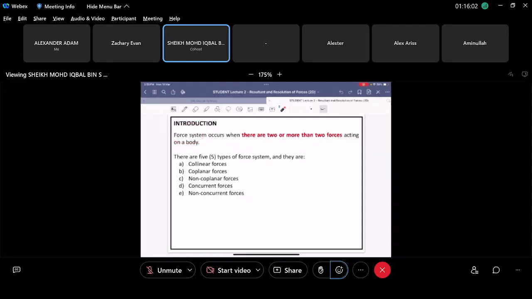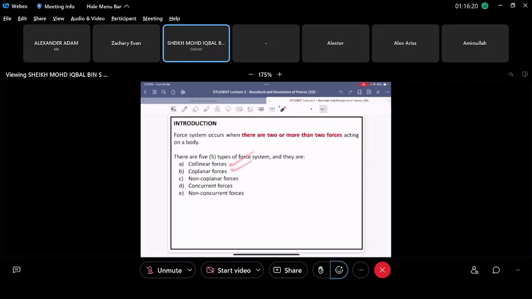It is just a force. We call it a force, right? But when you have two forces, three forces, four forces, five forces, we don't call them forces anymore. We call it a force system, right? And there are 5 different types of force system, and they are